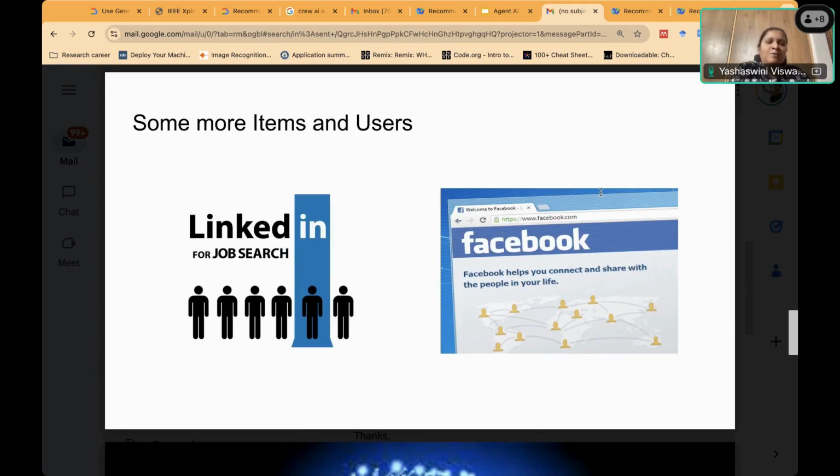Can any of you unmute and tell me about these two things? Here, what are the items? What are the users? I will just recollect. Any recommender system will have items and users. We saw different recommender systems, like a doctor recommender system, book recommender system, movie recommender system, grocery store. We saw e-commerce sites. Now, can you tell here what are the items? What are the users? In LinkedIn, it's like people with similar